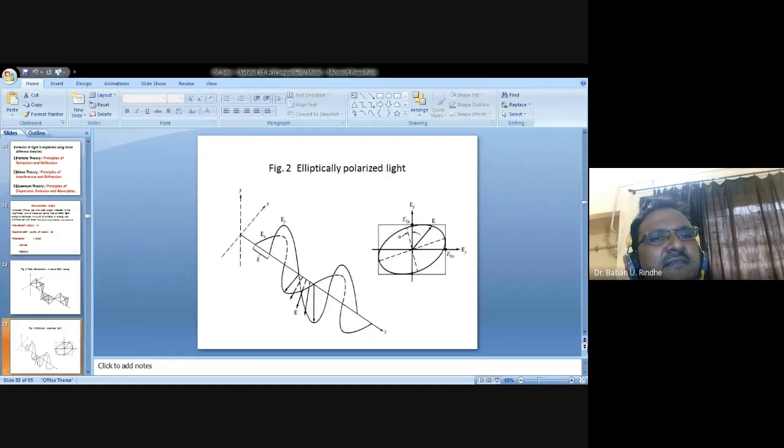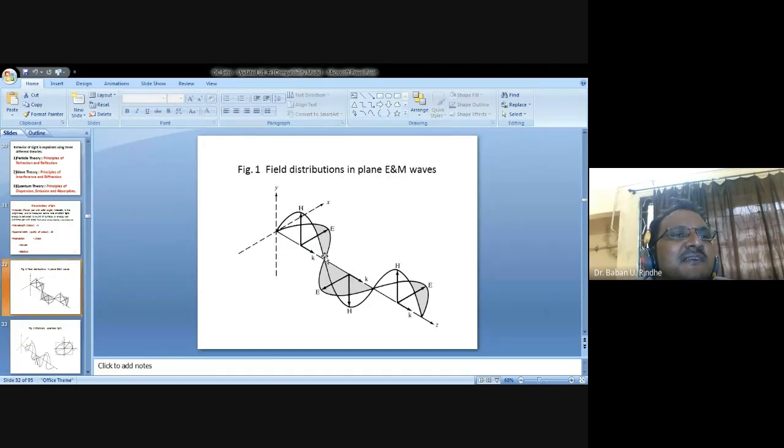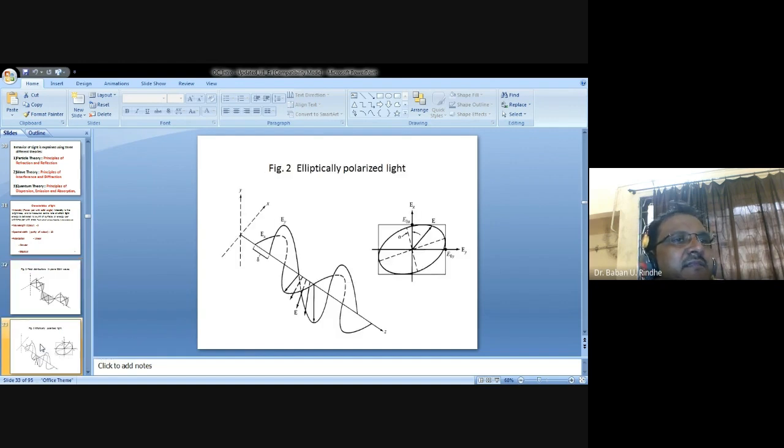Next is the elliptically polarized light. Here, just like how we are showing the three axes, the two planes having the electric field and magnetic field, the waves will travel along the z-axis and will be perpendicular to each other. Okay, that is how we get the field distribution in plane E and M waves that we are showing here. Okay, then the next one is the